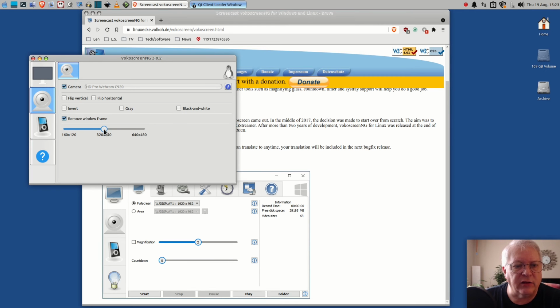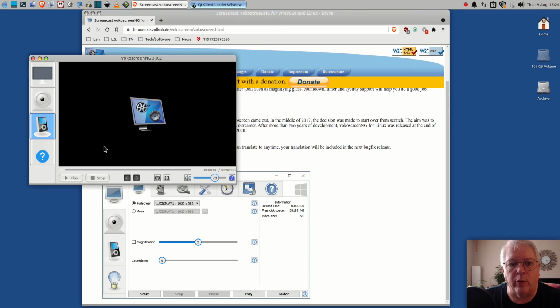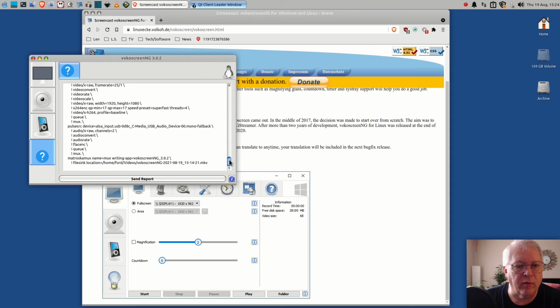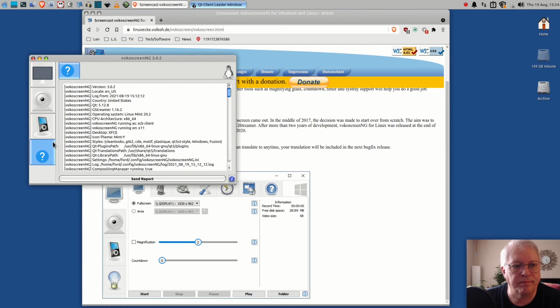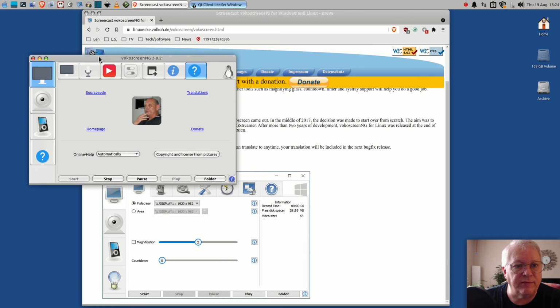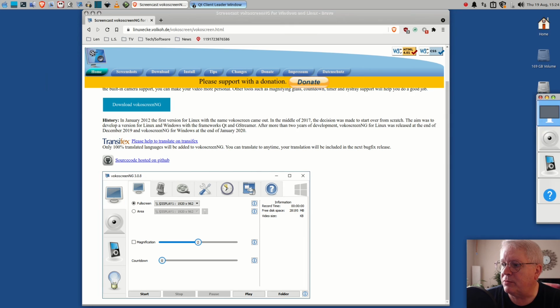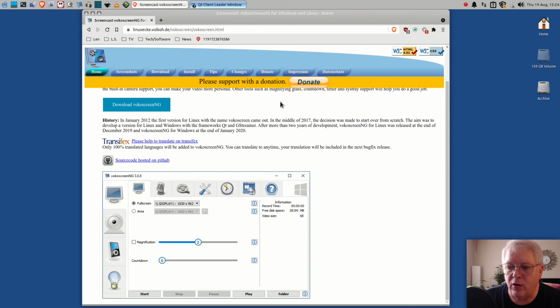And then I can select the window size. If I can make it smaller, I can make it where I want it, 320 by 240. And if I had a media player going on right now, I could incorporate that as well. And if you want to find out more about the program and how it's set up, there you go. So anyway, this is VokoscreenNG,